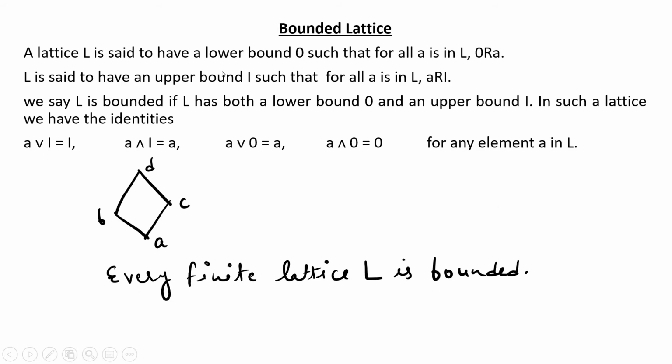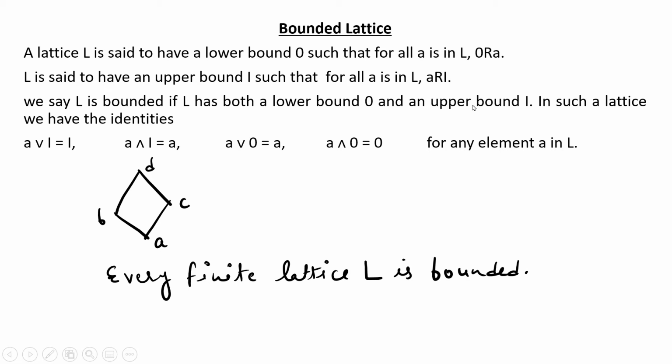We have bounded lattice. So a lattice L is said to have a lower bound O such that for all A in L, O relates A. L is said to have an upper bound I such that for all A in L, A relates I. So lower bound is like minimum element and upper bound is like maximum element. In some books it is represented by 0 and 1. So lower bound is 0 and upper bound is 1. We say L is bounded if L has both a lower bound